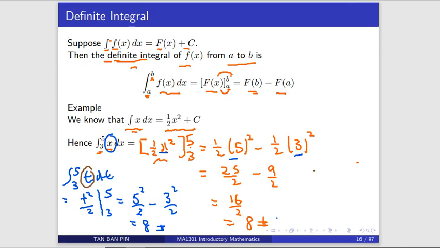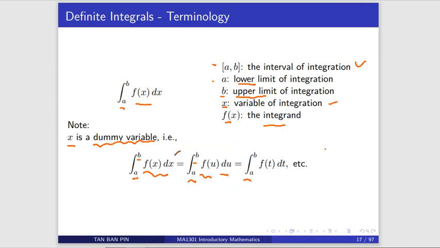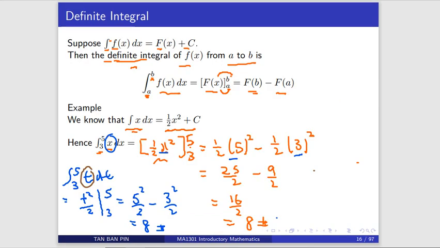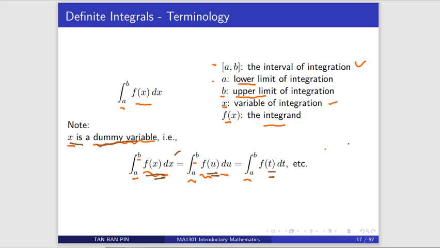So that's what this equation here is trying to say. x is just a dummy variable. You can use x, or you can use variable u or t. Eventually, the answer is the same. So this small x or small t here is just a name for working. It doesn't matter whether you use x, t or u, or you use the integral of w dw from 3 to 5. You find that when you work it out, the answer is still 8. So it doesn't really matter what variable you use. And for such cases, we call it a dummy variable.